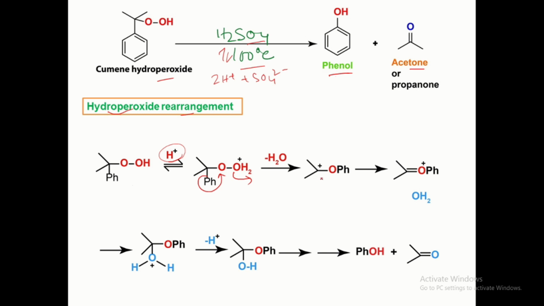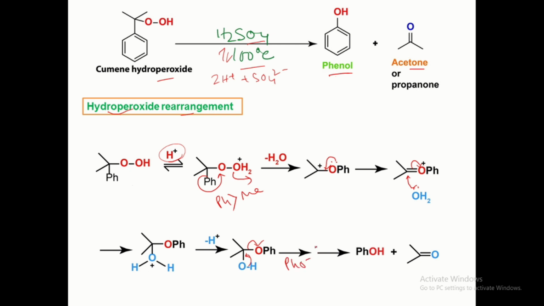Then it forms a carbocation species. Here phenyl migrates to this oxygen because it has higher migratory aptitude than the methyl group. In this reaction, one group migrates to another group, so this mechanism is called rearrangement mechanism. Next, this carbocation is stabilized by electron donation from the oxygen lone pair, and next the oxygen lone pair of water attacks this carbon center, then these electrons come to this oxygen. Next, one H+ ion is removed and forms an OH bond. Next, these electrons come to this bond and this bond breaks to form phenoxide ion.